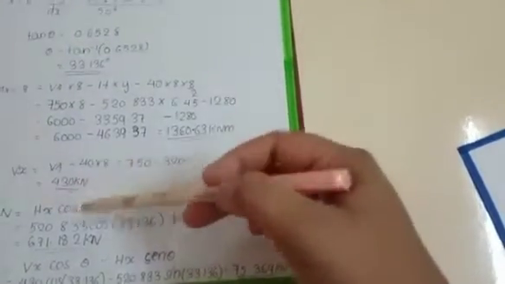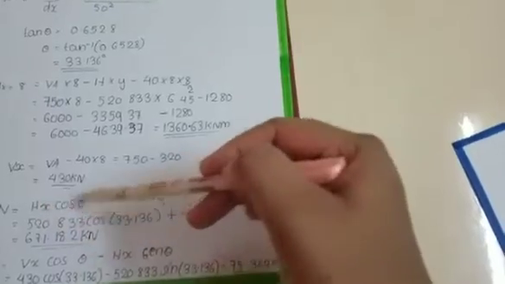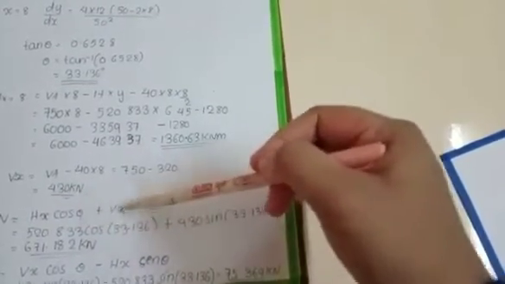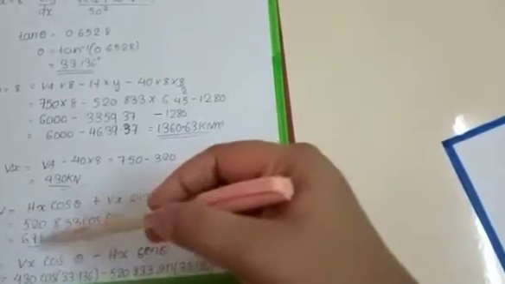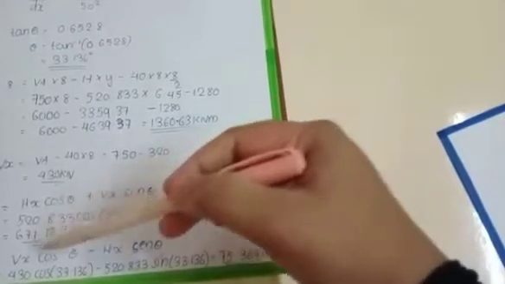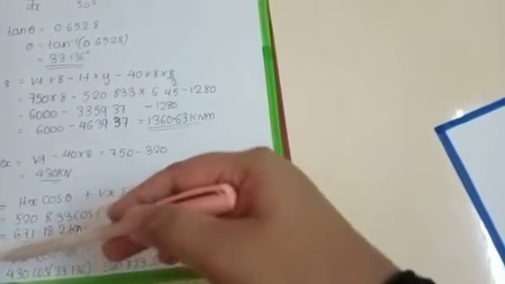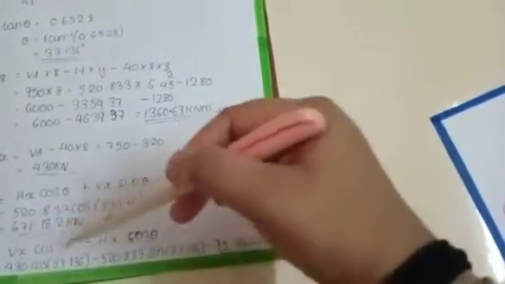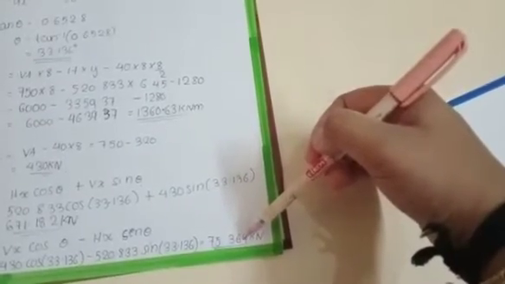Then we want to find normal thrust, that is N equal to Hx cos theta plus Vx sin theta. Substituting value of Hx, cos theta and Vx, we get value of N is equal to 671.182 kN. And then we want to find radial shear, that is F equal to Vx cos theta minus Hx sin theta. Substituting value of Vx, theta and Hx, we get value of radial shear equal to 75.39 kilonewton. Thank you.